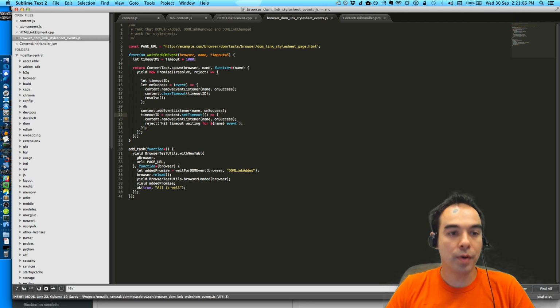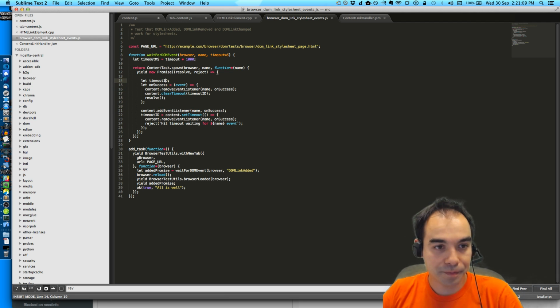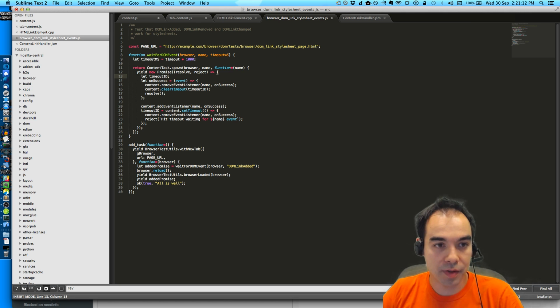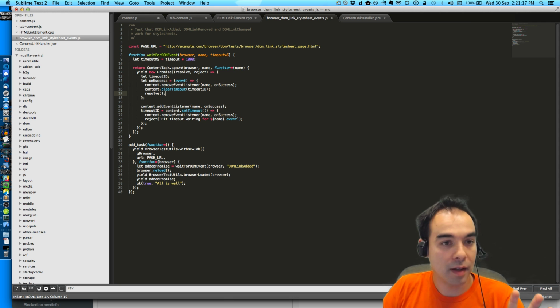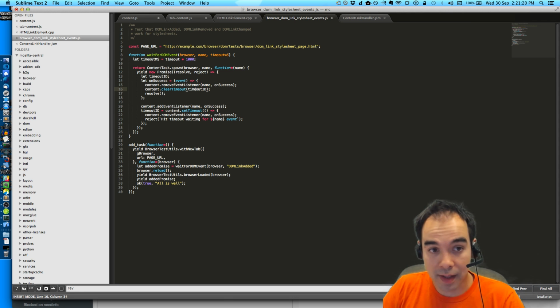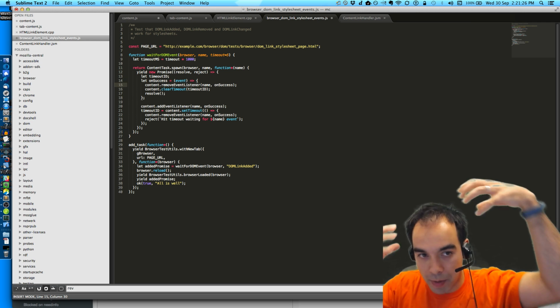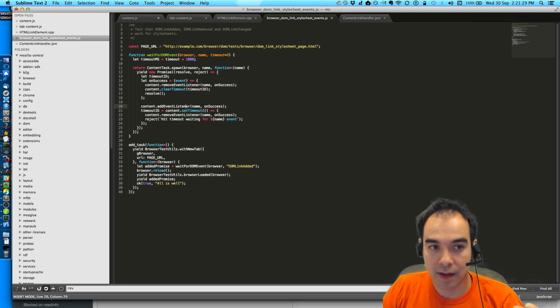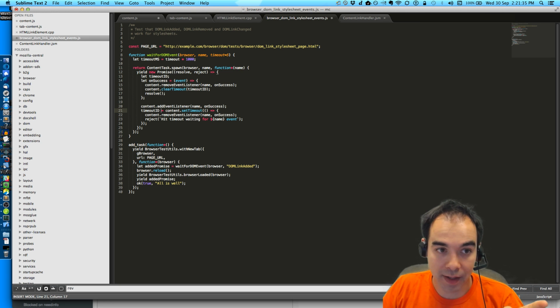So this is all kind of circuitous, but here's how it works. We define the timeout ID, and then we define this function. It doesn't execute, but it's defined, and it makes reference to timeout ID. So it's using the timeout ID in its closure, in the parent scope, but it's not executed yet. Then we add the event listener, and that's when we set the timeout ID, and so that's how this function is able to know what timeout ID is. And in this case, we reject instead of resolving. Clear the timeout.